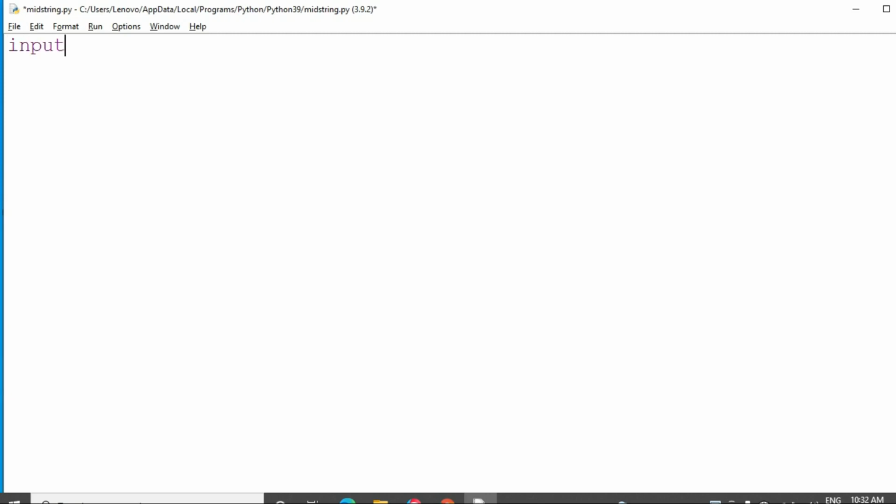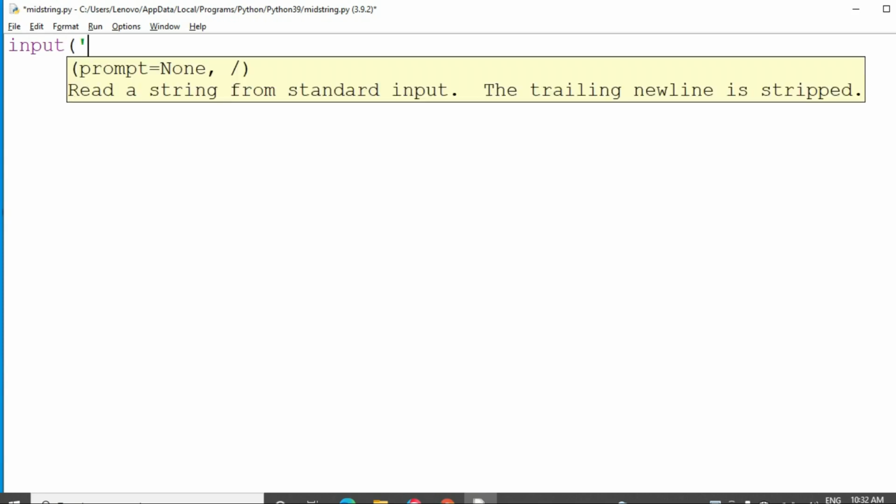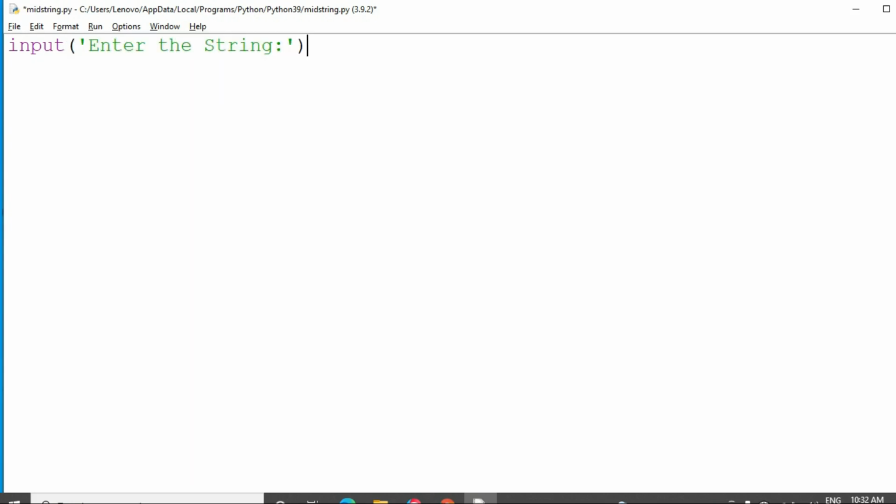I'm getting the input string from the user by using input of string. Enter the string. And I'm going to store it into a variable, string. Then I want to display the string without space. So for that I need